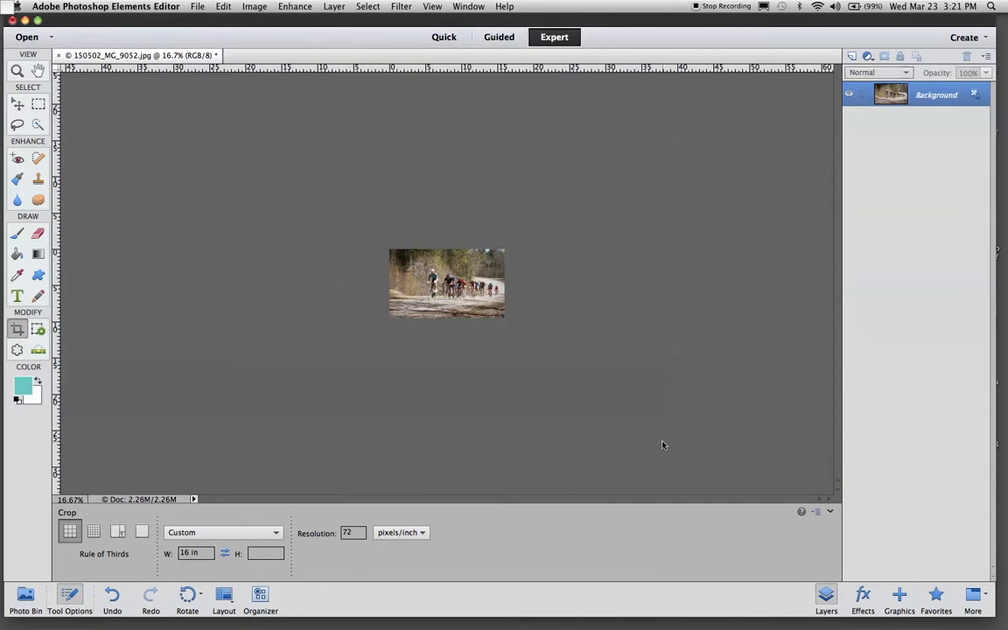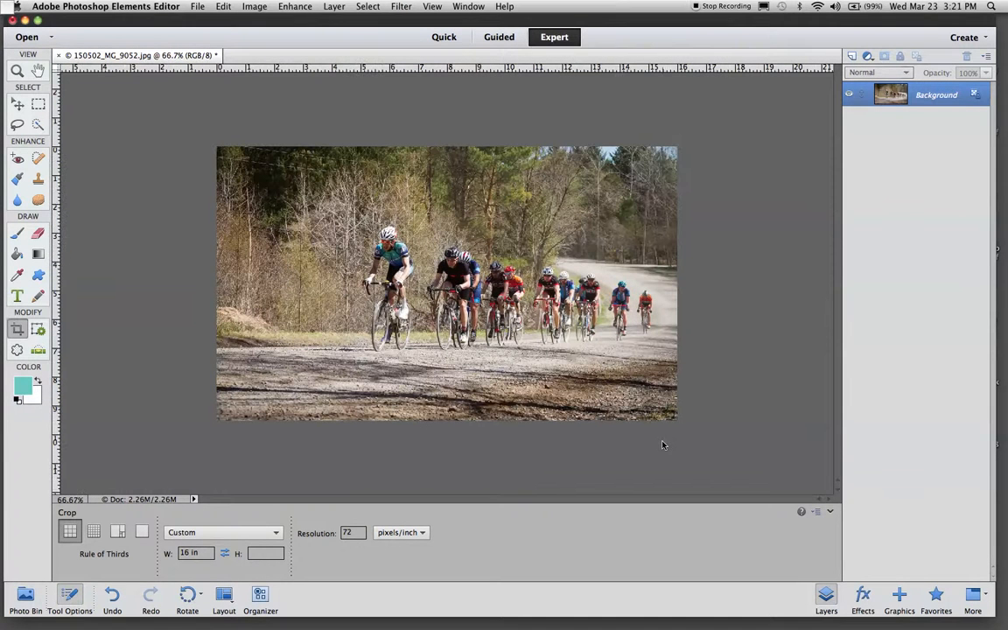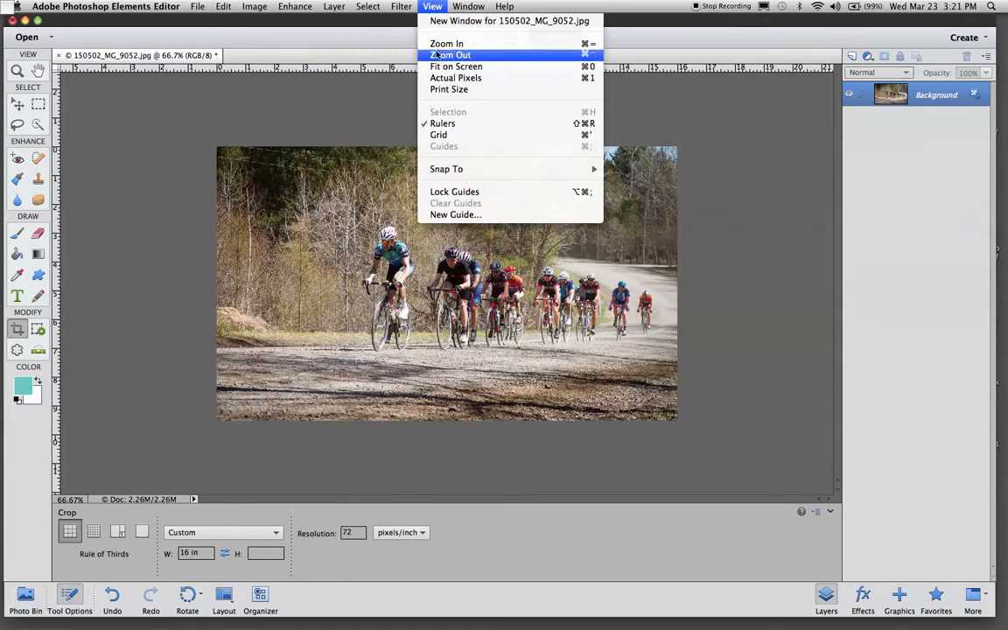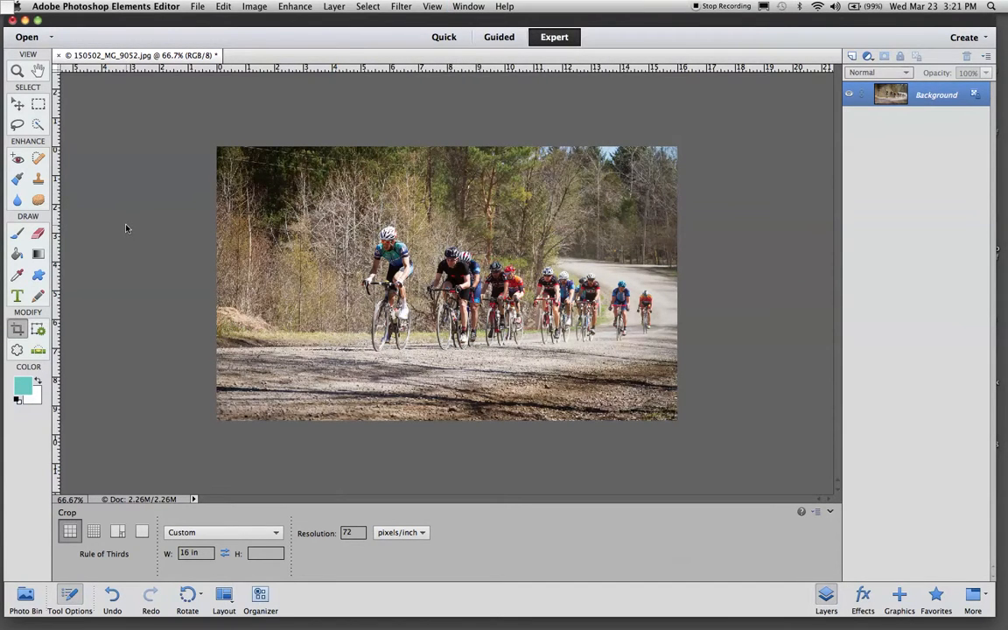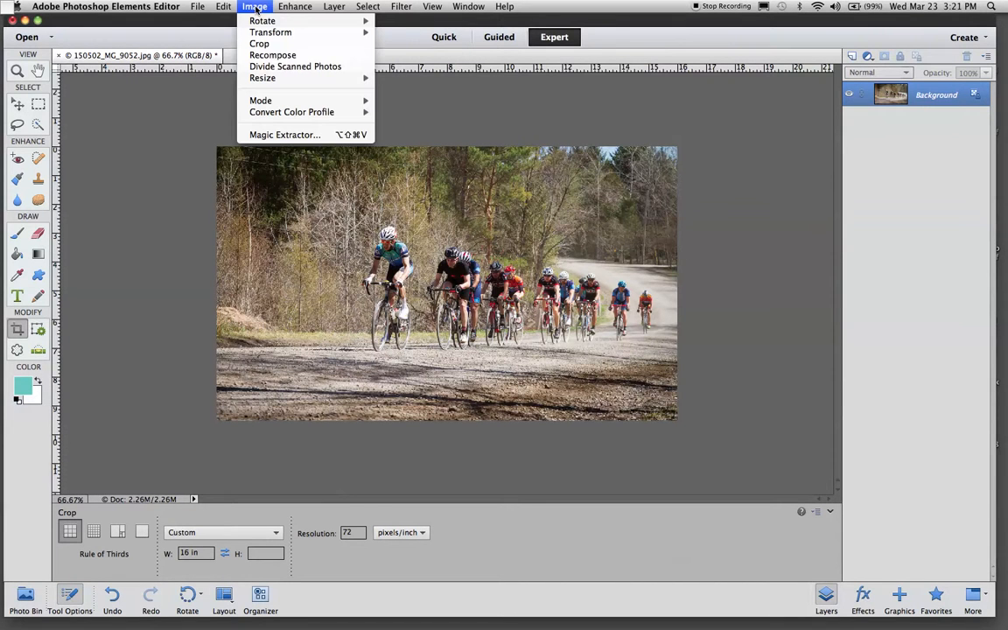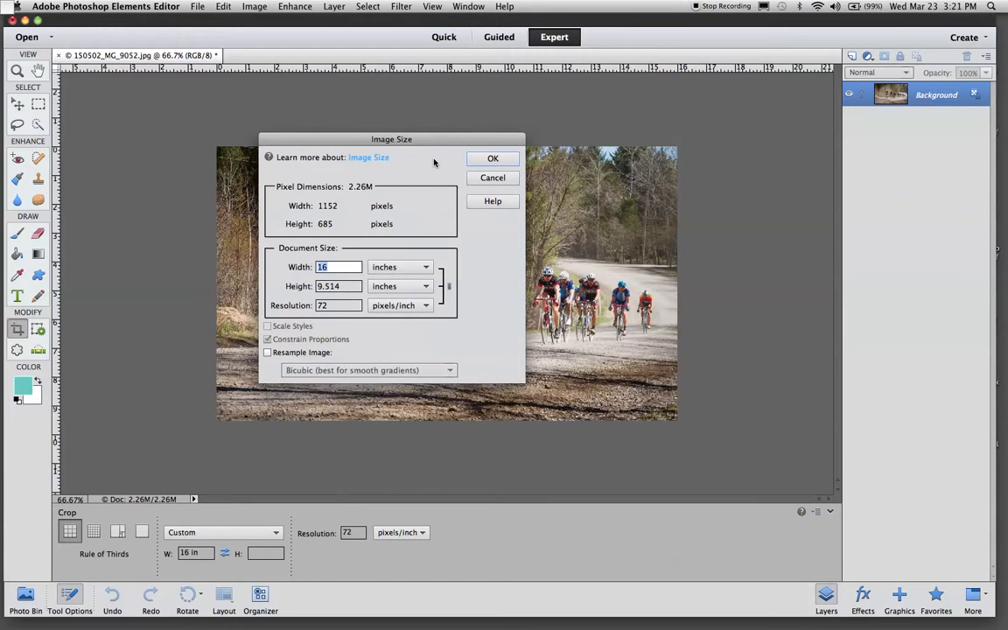And you see how we lost a lot of resolution. So I like to hold command and press the plus to zoom in. And you can zoom in by going View, Zoom In, and it shows you right there. Okay, so I always like to check to make sure I did the right thing, because sometimes you could write 117 inches or be all crazy. So you can go to Image, Resize, Image Size,